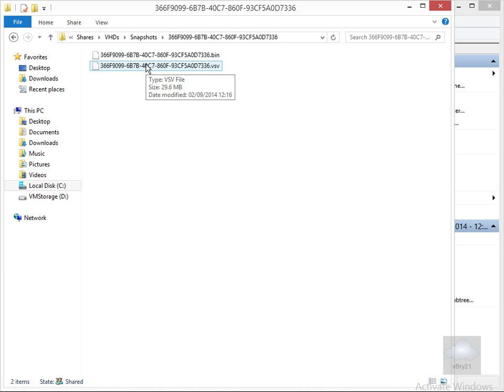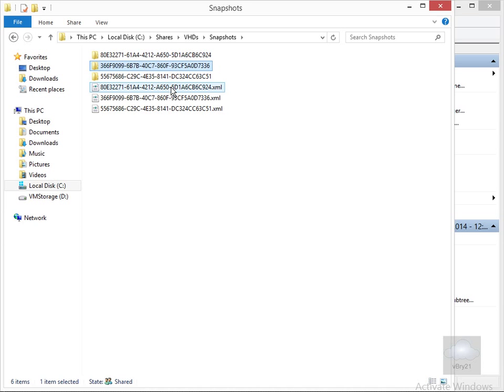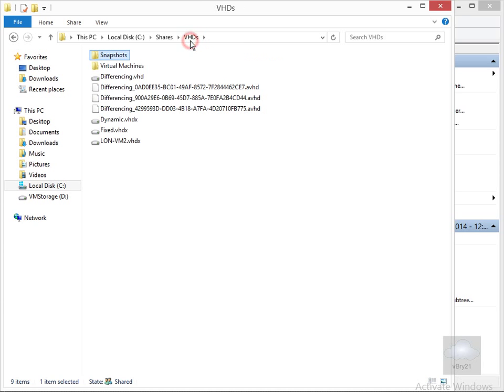What we've got is the VSV file, and the VSV file contains the saved state file, and we've also got the memory content, which is stored in the .bin file. If we click on the snapshots again, we've also got our XML files, and our XML files are the config files themselves. So if we then come back to VHDs now,